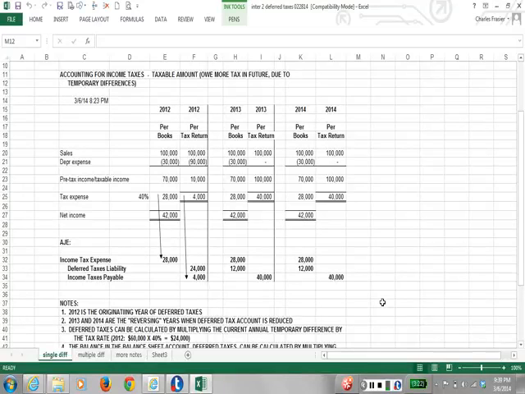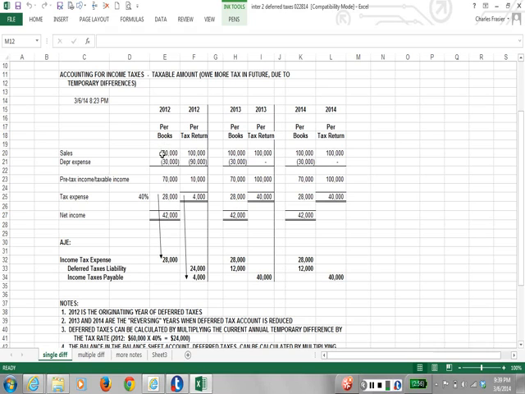You will notice the problem we have here is one for about 3 years. I'm sorry, and we have a column for the books, which would be the income statement, and we have a column for the tax return, and that's for 2012. And then for 2013 we have the books or the income statement, and then we have the tax return,